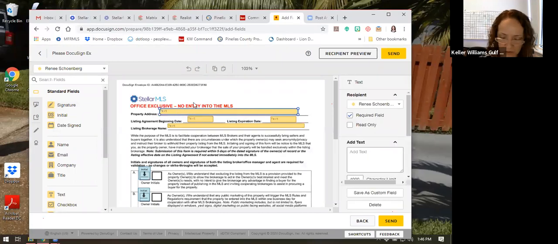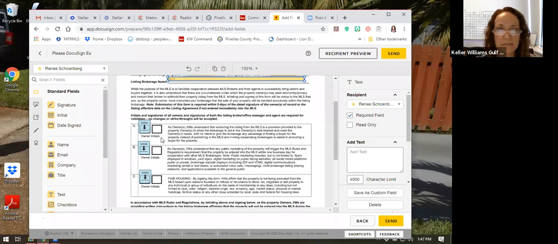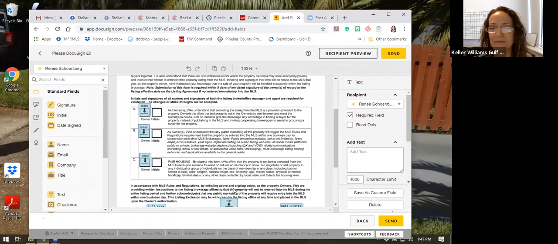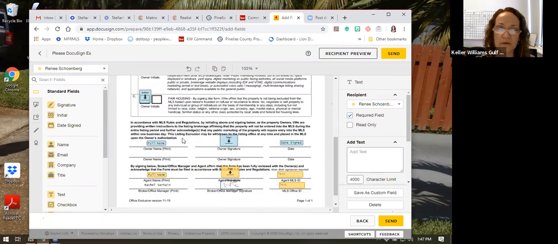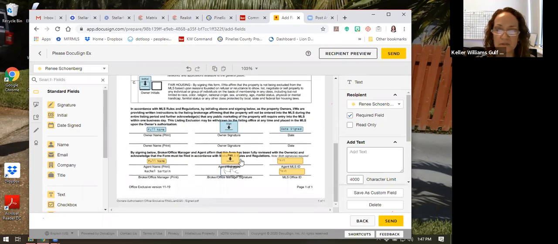So here's the property address, where we have to put all that in. Okay, listing agreement beginning date. Please make sure that you fill all of these areas out. We're running short on time, so I'm going to run through here real quick. This is where the owner initials, and then you sign, they sign. Make sure you put in your MLS ID, and then our office, Gulf Beaches,